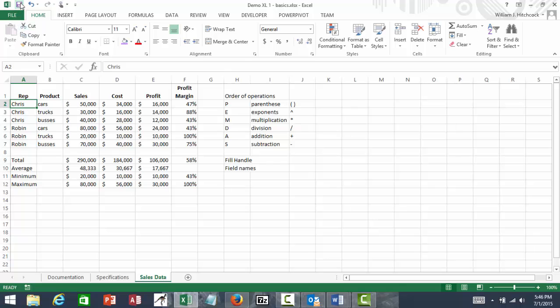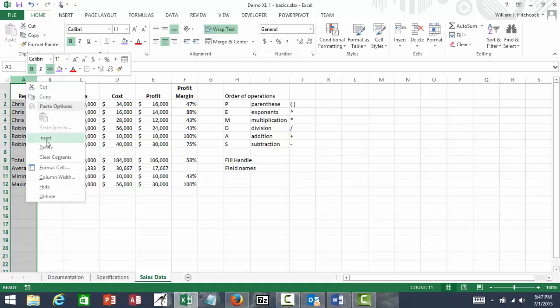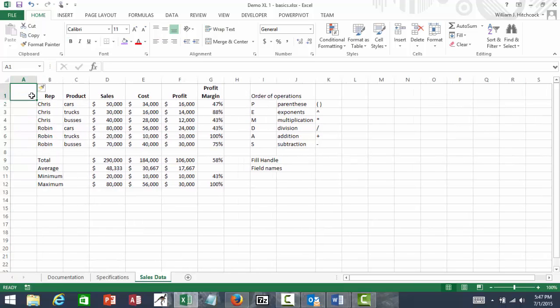Save my work here. Another thing that I want to do is I might want to keep track of the original order that I had these records entered into. So what I'm going to do is I'm going to right click on column A, choose insert, type in the word order or record number or something like that, rec, and a pound sign would be okay. I'll take the formatting that I had done on this previous cell, use my format painter, highlight that,